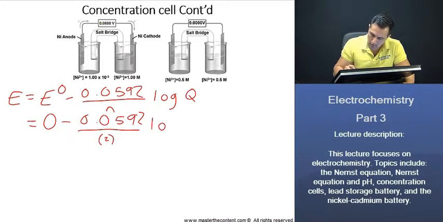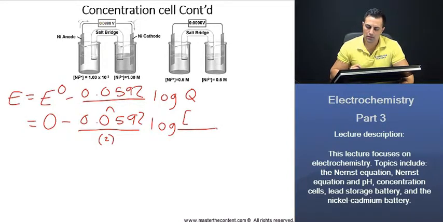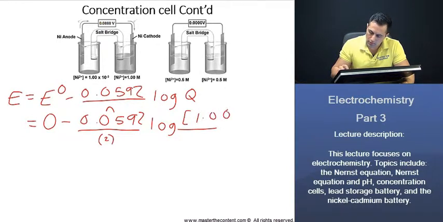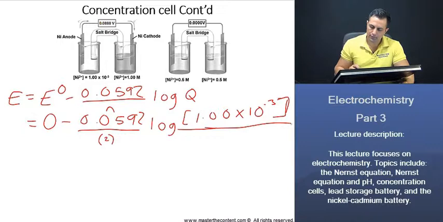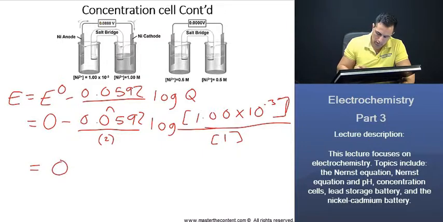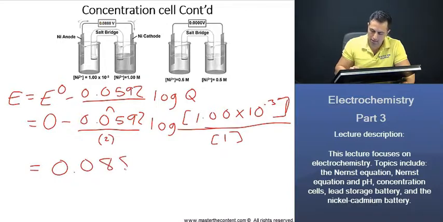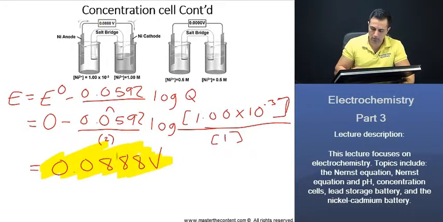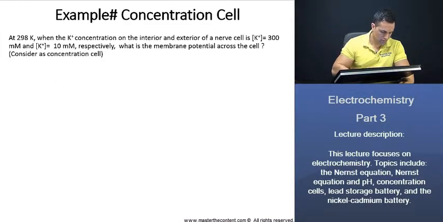Great. And what about our concentration here? It's going to be 1.00 times 10 to the power of negative 3. It's the lesser concentration, and that is just going to be over 1. Wonderful. When you go ahead and equate this, you will get a value of 0.0888 volts, and that is what our reading shows. Okay, great. Now let's move on to our next slide. Now we're going to be taking a look at